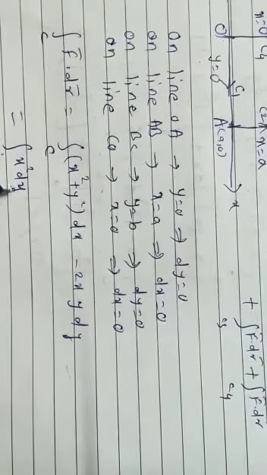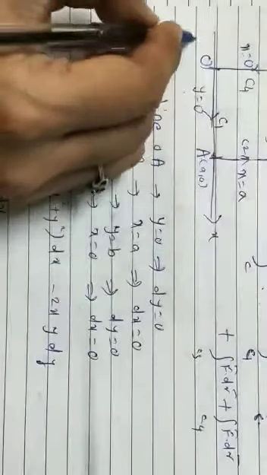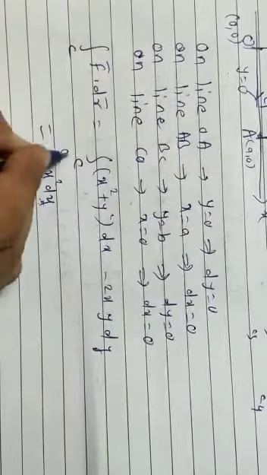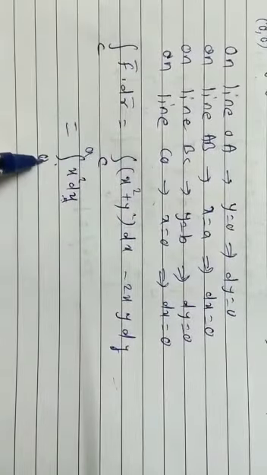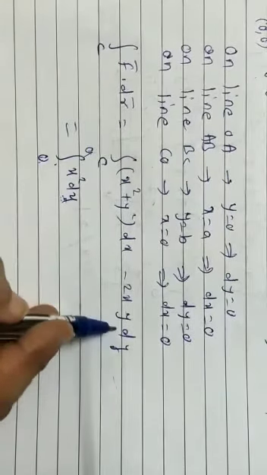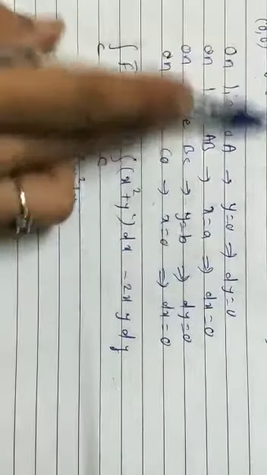Now this is in terms of x. So x is going from where to where? This is 0 means what? It is the origin, right? 0, 0. So x coordinate is going from 0 to a. So your limits will be from 0 to a. As I told for the previous problem also, when the integral is with respect to x, the limits will be for x. When the integral is with respect to y, limits will be for y. This term is vanishing. Why? All of you understood? Because your dy is vanishing on this line.